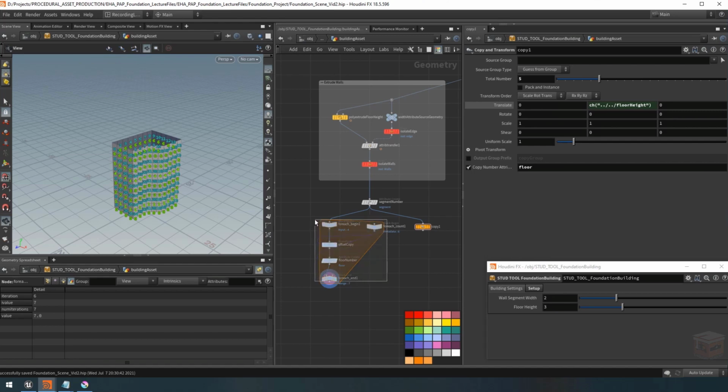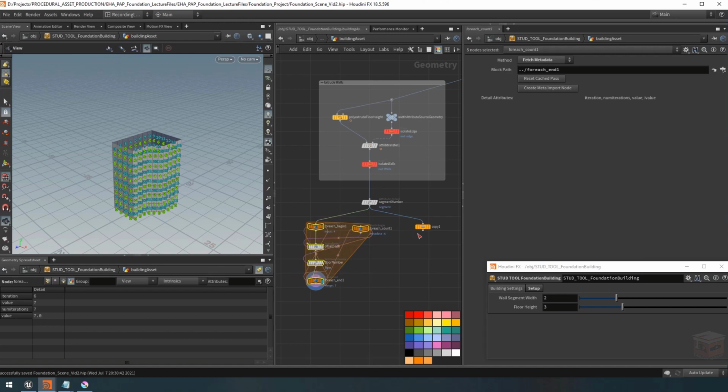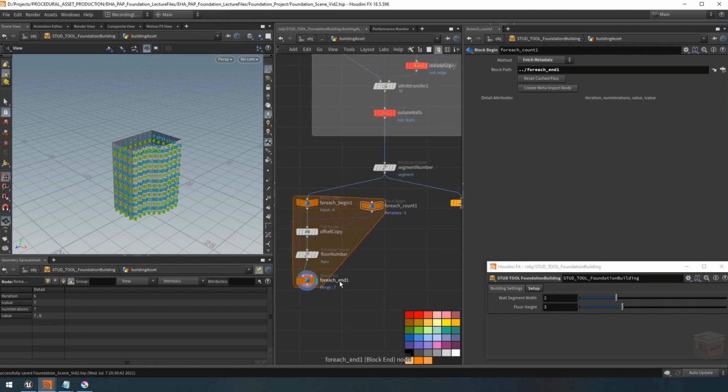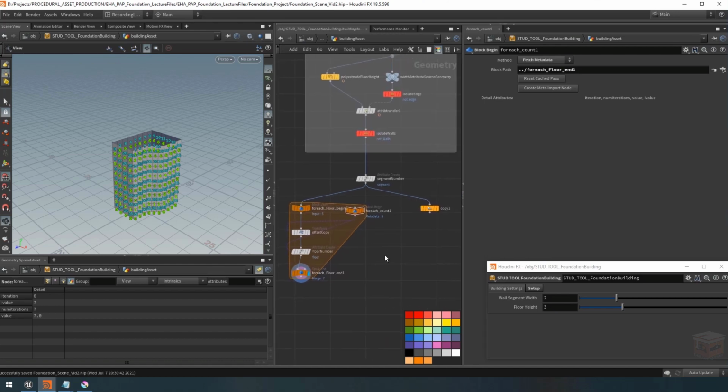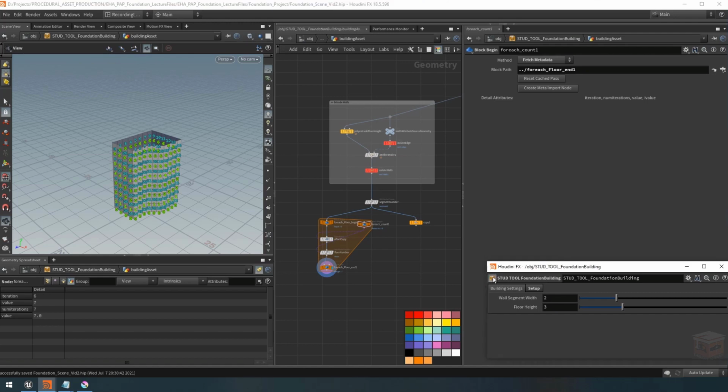Okay, so at this point, we can continue with either one of these setups. The only thing that we need to do here is make sure that we have a parameter on our interface to link it to. So let's go ahead and do that. Over here on the for each block, I'm just going to give this a name as well. Let's call this floor, and I'm going to copy this to the first part as well, so we know which one this is. And then let's go and open up my type properties,